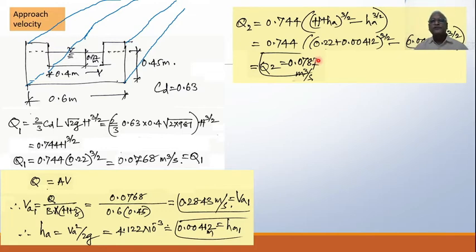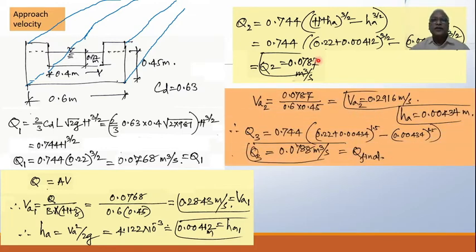We'll do that also. Using this discharge, using the same equation, if I calculate velocity of approach, that is VA2, it is 0.2916, earlier it was 0.2843. Because of that, I can calculate once again HA, which is VA squared by 2g. So it comes out to be